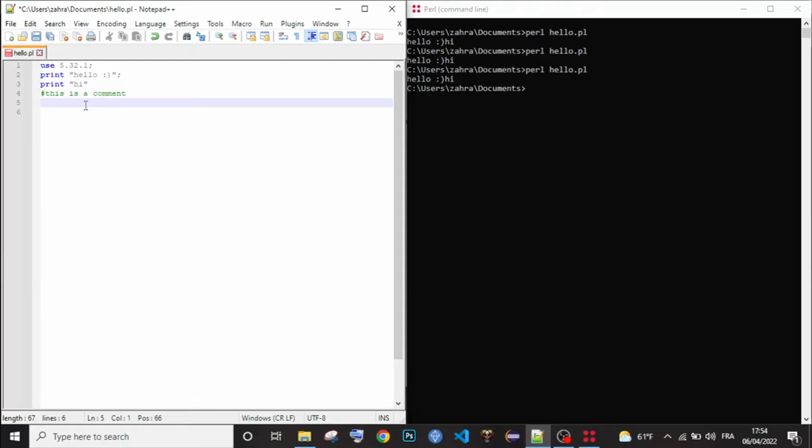Now for white spaces in Perl, they are practically irrelevant except inside quoted strings. For example, over here, if I jump down, we're going to have a different output from the previous programs.